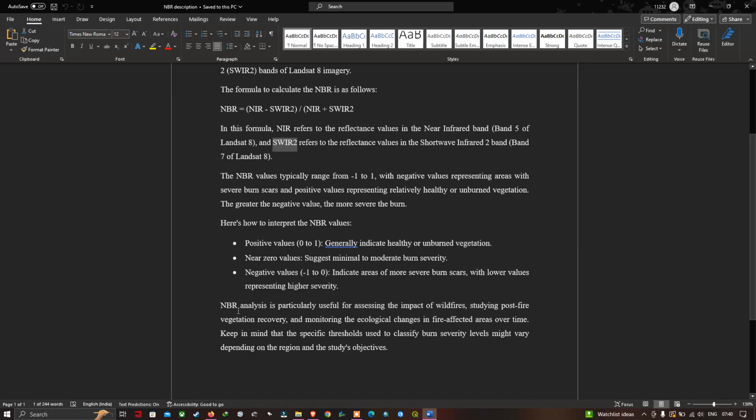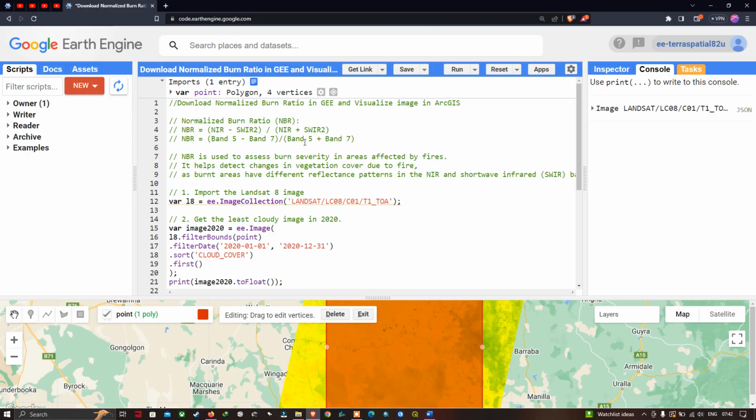NBR analysis is particularly useful for assessing the impact of wildfires, studying the post-fire vegetation recovery, and monitoring the ecological changes in fire-affected areas over time. So now let me get back to our Earth Engine. The objective of our video is to download our normalized burn ratio in Earth Engine and visualize the image